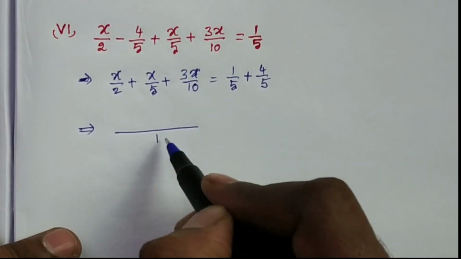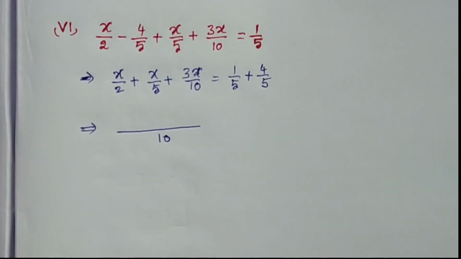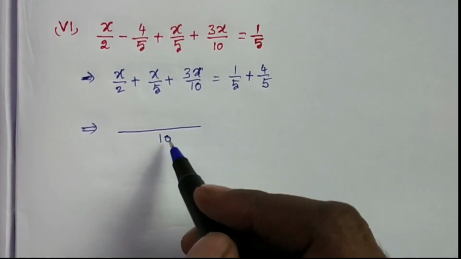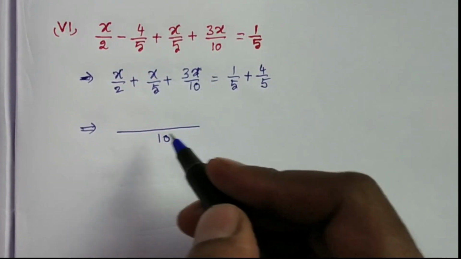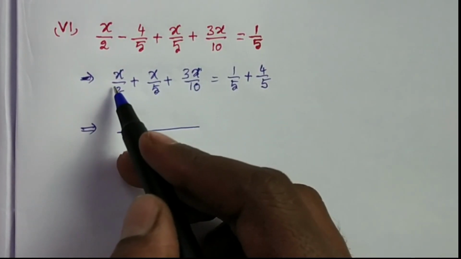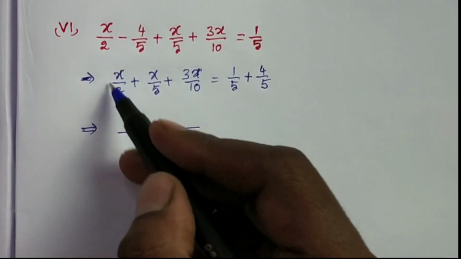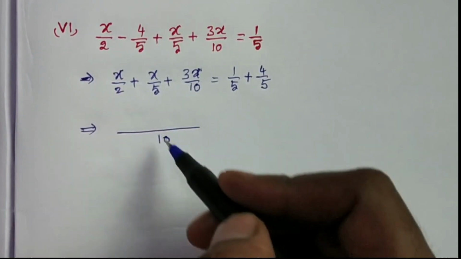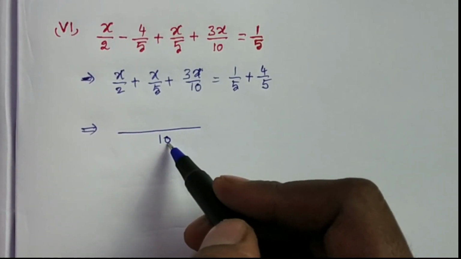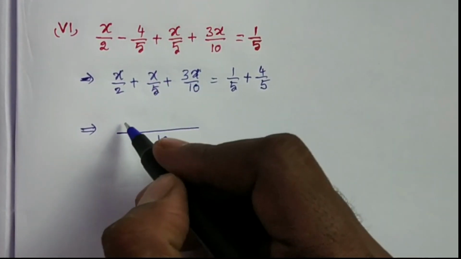So 10 is the LCM of the given numbers. Next, here in the first fraction the denominator is 2. In 10, 5 times will cancel. 5 into the numerator x, that is 5x,